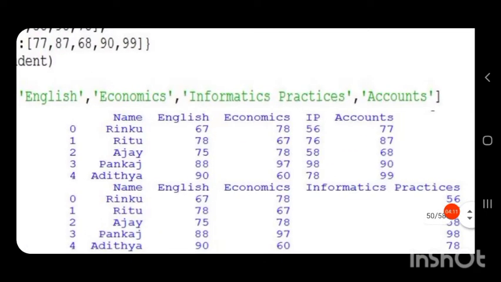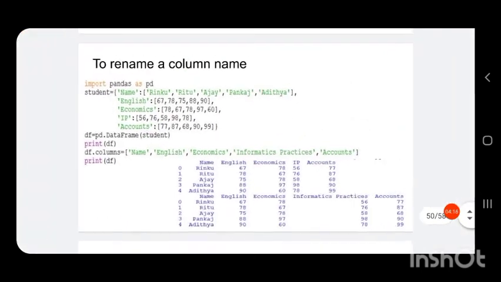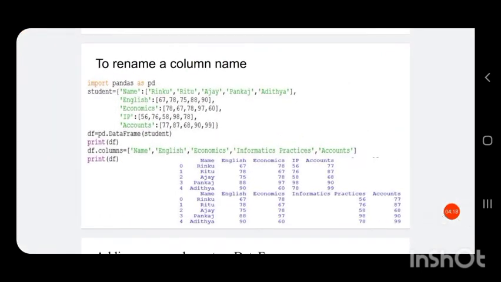So if I want to change the column name IP into Informatics Practices, I have to write df dot columns equal to, then in square brackets list all the column names.